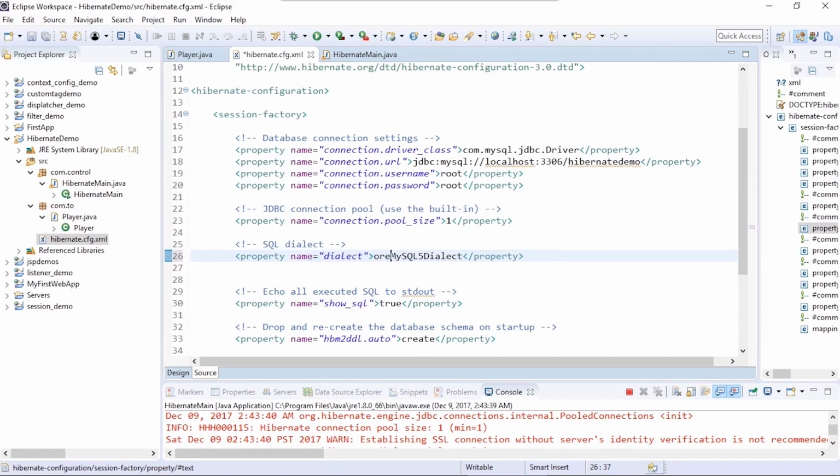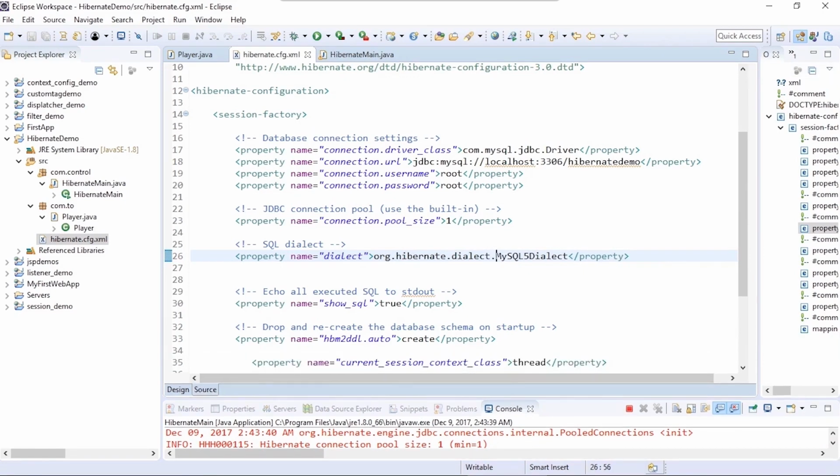So we will say org dot hibernate, so this is the package name, dot dialect dot MySQL 5 dialect. So we've said org dot hibernate dot dialect dot MySQL dialect.